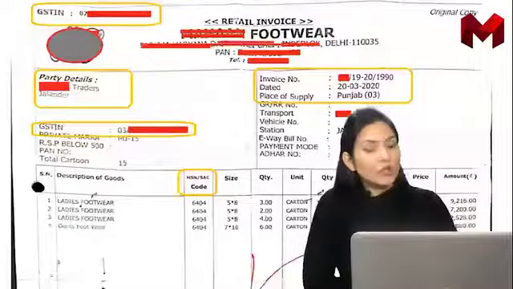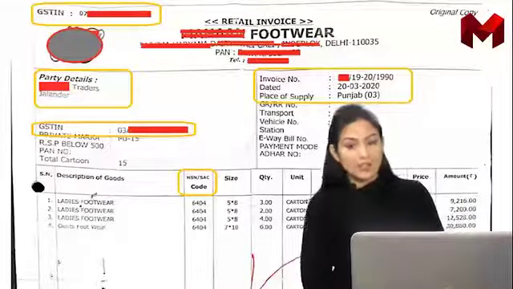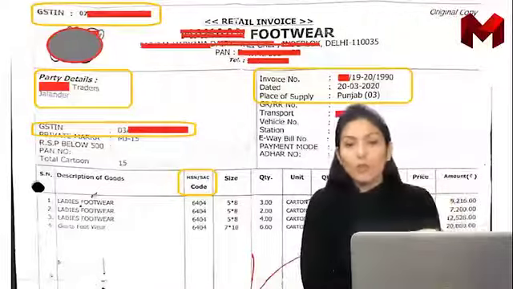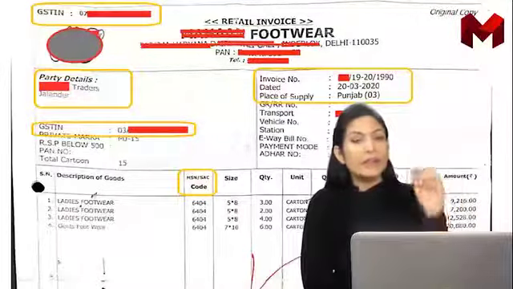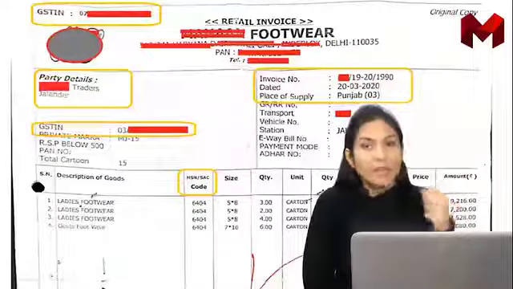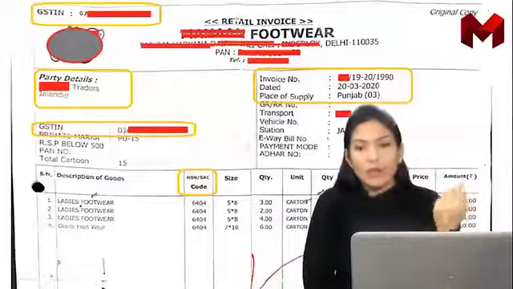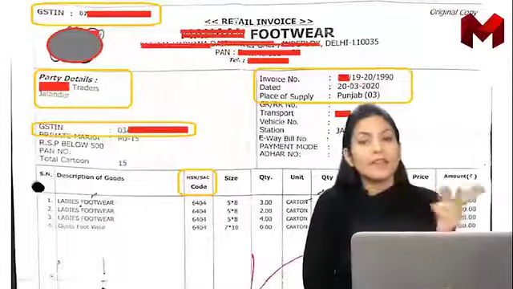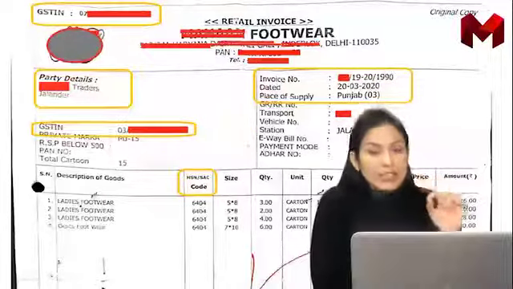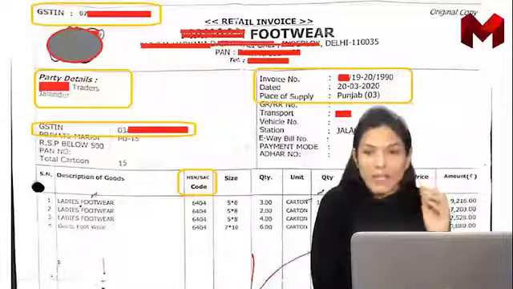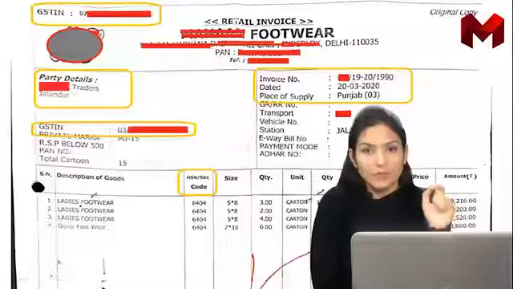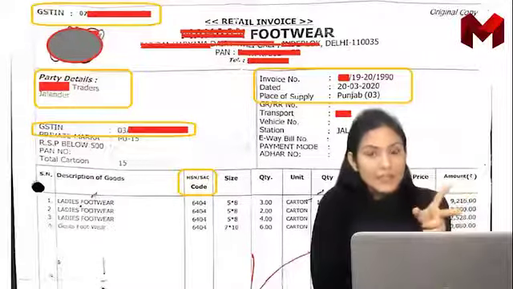Now, if we talk about the GST, that is an interstate transaction. Why interstate? Because the supplier from whom we are purchasing the goods is from Delhi, the code is 07, and we are from Punjab, so our code is 03. So that is an interstate transaction. This is a triggering point that the GST on this bill is going to be IGST. The whole rate will be IGST only, because it's an interstate transaction.